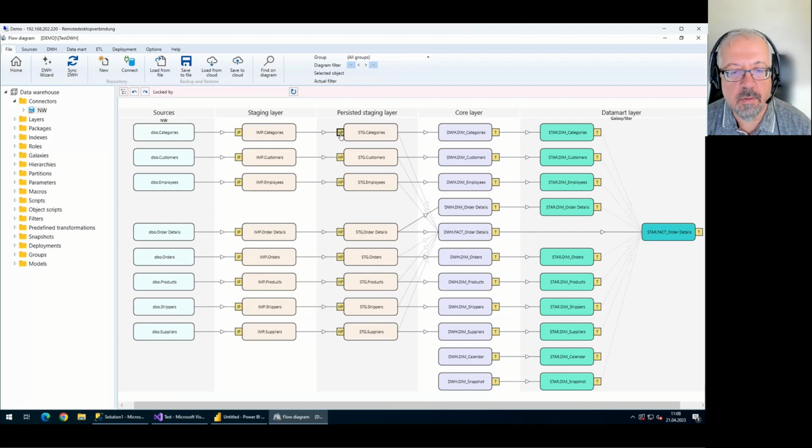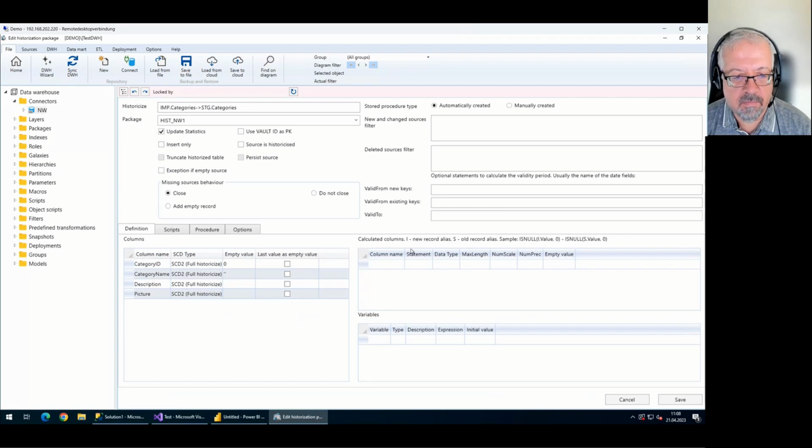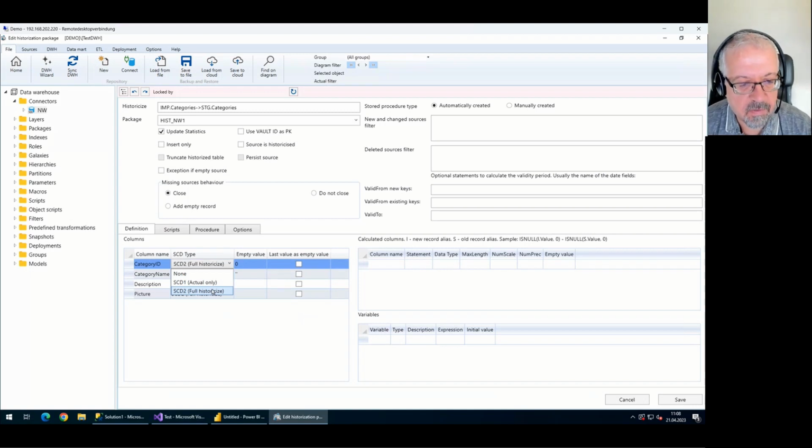If I click on this HP square, I can see here the definition of my historization. For example, for every field, I can decide which historization type I will use. SCD2 means the full history of the changes in the specific field will be stored in the historization table. Actual only or SCD1 means no history will be stored, but the value of the actual row in the historized table will be changed. And none means the changes in the specific field will not be detected, but in case